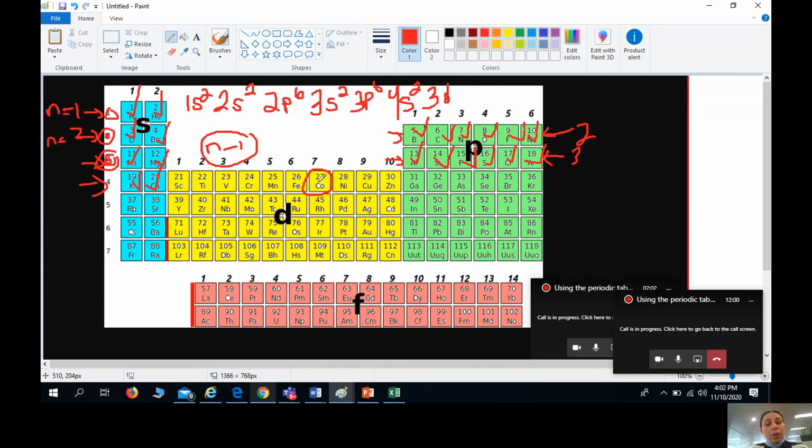All right, now cobalt is right here, so let's see how many elements we have to pass. We have to pass scandium, titanium, vanadium, chromium, manganese, iron, and finally cobalt. So that was 1, 2, 3, 4, 5, 6, 7. So because I stopped at 7, I write 3d7. And this would be the electron configuration for cobalt. So hopefully you see how to do the electron configuration using the